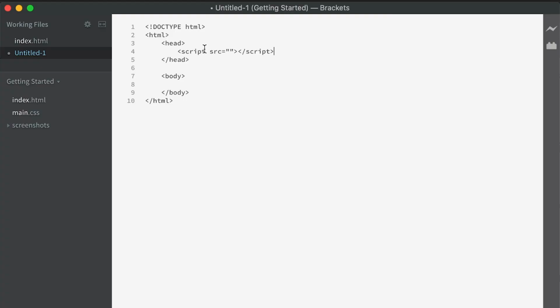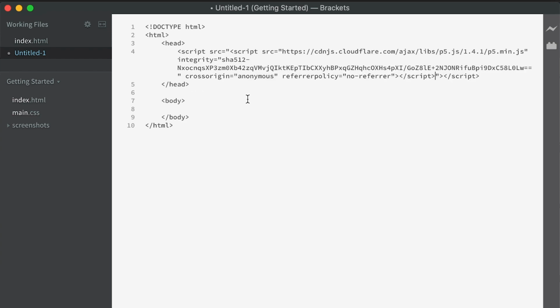Okay. Right, so I need to reference the location of this p5.js file. So the instructor is suggesting I use cdnjs. Seems like a thing. So I'm going to go there, cdnjs. And we want to search for, what was it called again? p5.js. So we search for p5.js. I'm going to copy the script tag, and then I believe I'm just going to copy that into my script. He says,